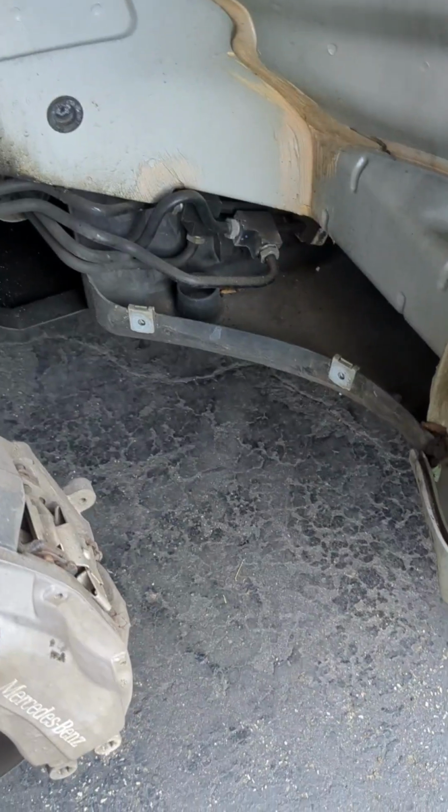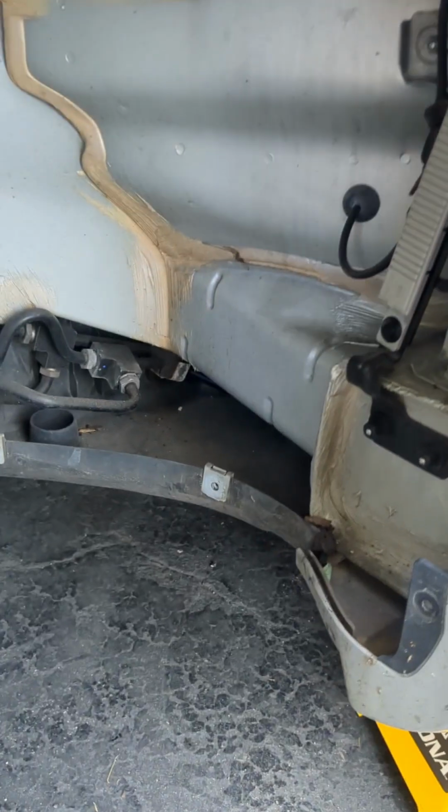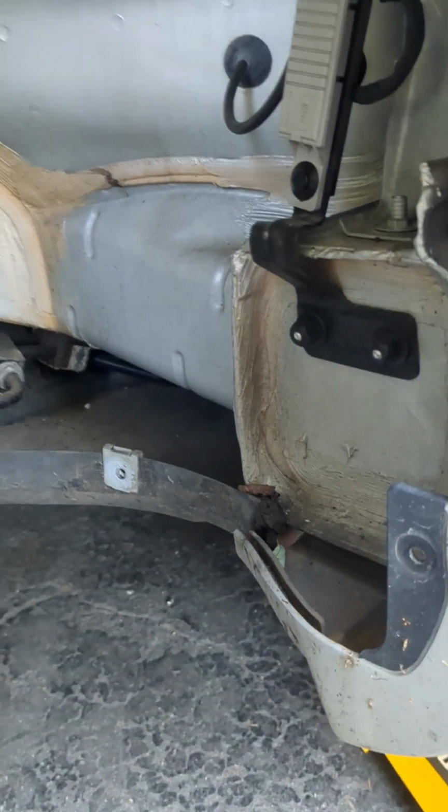8 millimeters and I think 10 millimeters on these. Gotta take them all off, and then it should be right in here. So let's open this up and see what we find inside. Okay, so after taking out all these various screws,